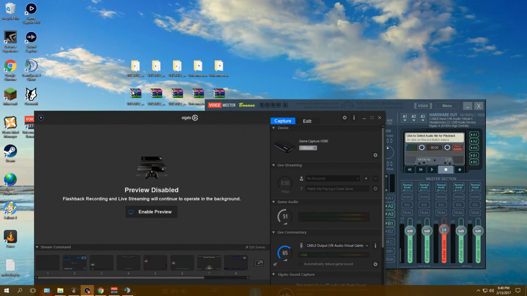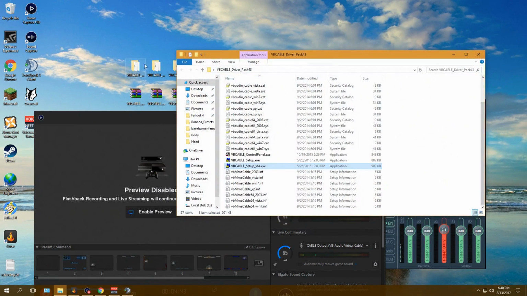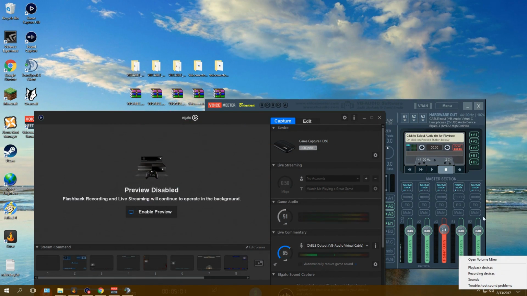And then extract that. See, there's a lot more files in this one, and it's got two different setups. So if you're running 64-bit, run the 64-bit setup. If you're running 32, run the regular setup. And then once you got all that installed,